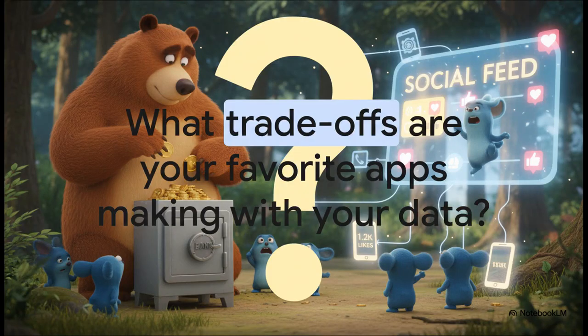So I'll just leave you with this thought. Think about the apps you use every single day. Your banking app. You can bet that's using a super high isolation level. You need those numbers to be perfect. But your social media feed, seeing a like count that's a few seconds out of date so the feed loads faster is probably a trade-off we can all live with. So the question is, what choices are being made with your data right at this very moment? It's a pretty fascinating thing to think about.